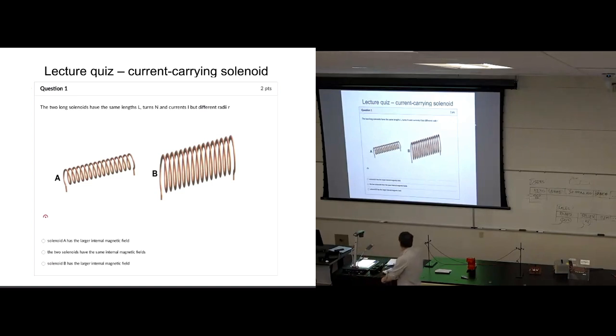How do the magnetic fields in the two solenoids compare? Is A's field larger, smaller, or the same as B's field? So that's the question. The answer is that they have the same fields. One way of thinking about it is that the field is mu naught I lowercase n. There's nothing different for the two solenoids in their mu naught, nothing different in their currents I, and nothing different in their turns per unit length. So the fact that one is big and one is